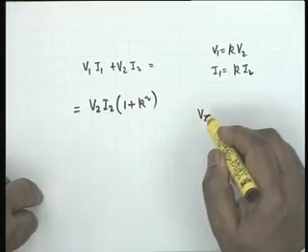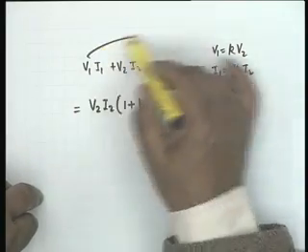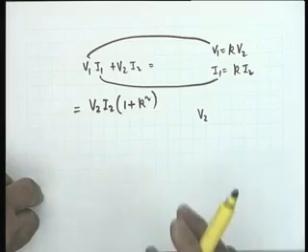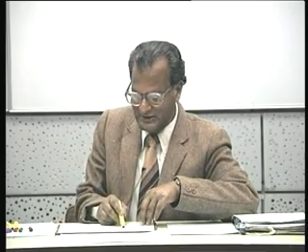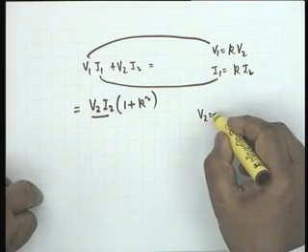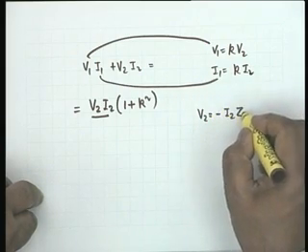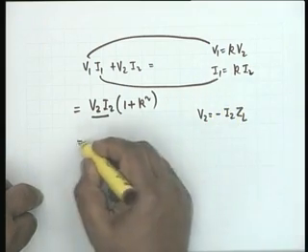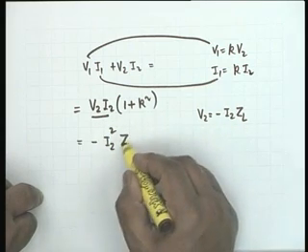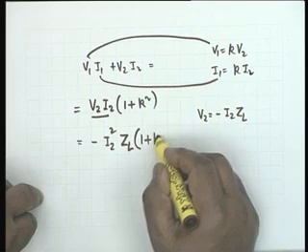I don't understand why it should be 1 minus K. I am substituting for V1, I am substituting for I1. K V2 multiplied by K I2 is K squared V2 I2. I am writing this product in terms of V2 I2. I have a purpose. You see, V2 is equal to minus I2 ZL, and therefore this is equal to minus I2 squared ZL (1 plus K squared).